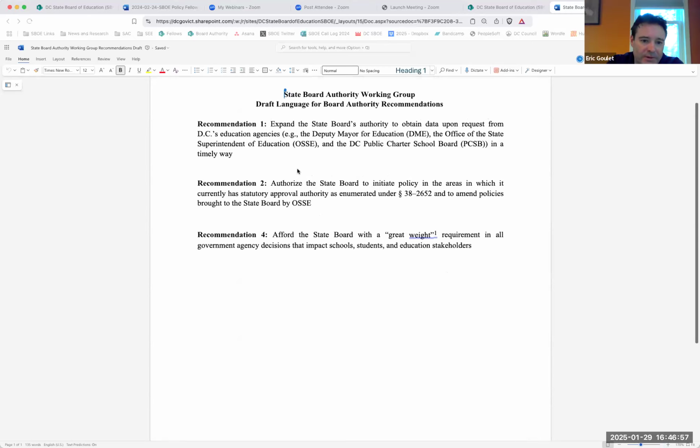I'm glad to start. If anybody else wants to go first, though, feel free. Okay, I'll start then. Representative Thompson and Representative Henderson talked me into the institutional value of recommendations 1 and 4 on here. Recommendation 2, I still have some unease about, and I think it's still born out of a concern of overloading OSSI with too many requests and having safeguards in place to prevent that. I just don't see a need at this time for us to be initiating policy.